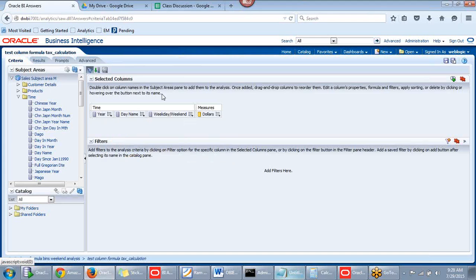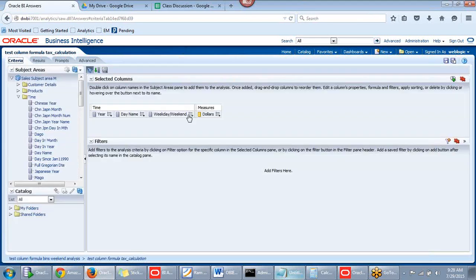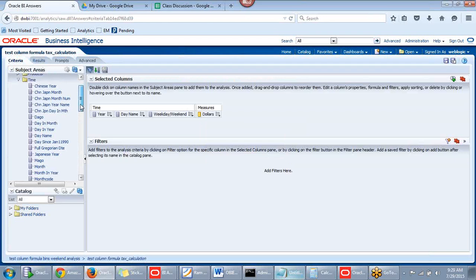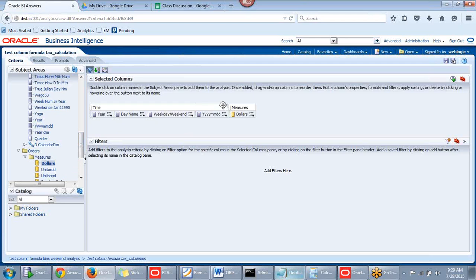But see here, these day names are not coming in proper order. In order to reorder these day names, you can do one thing. I can cover up this other option here, that is sort. In criteria, I'm going to add this key, and I'm going to sort